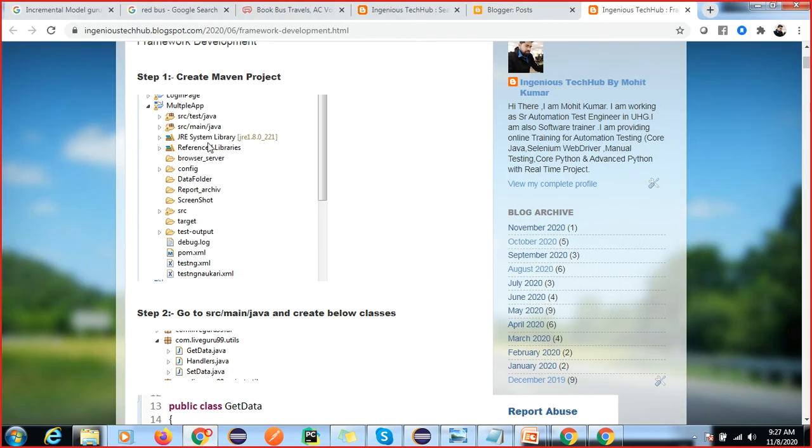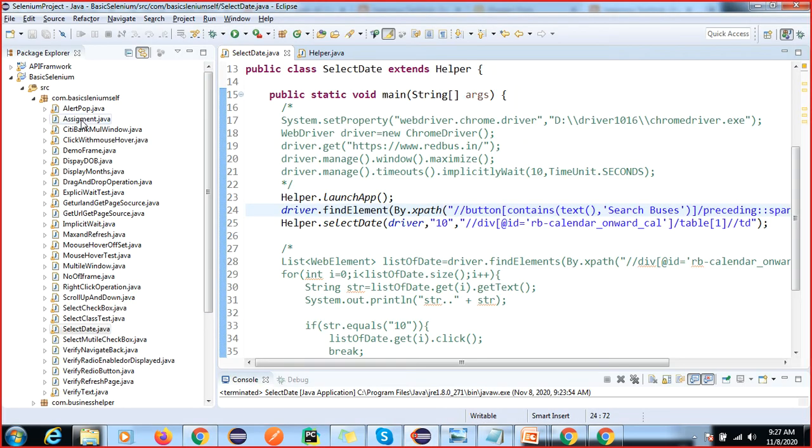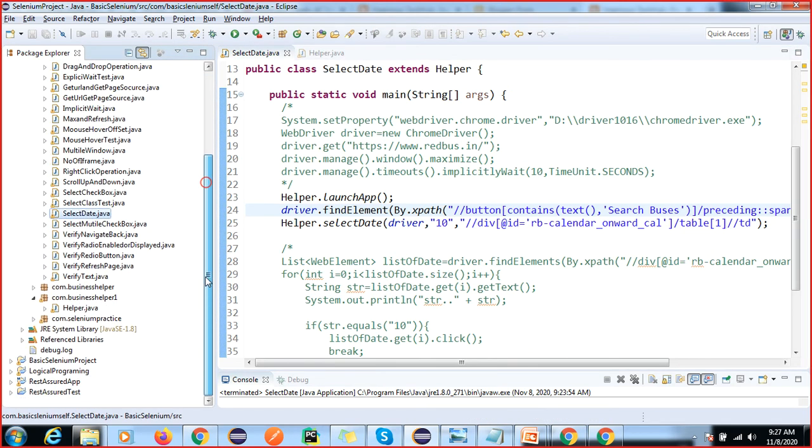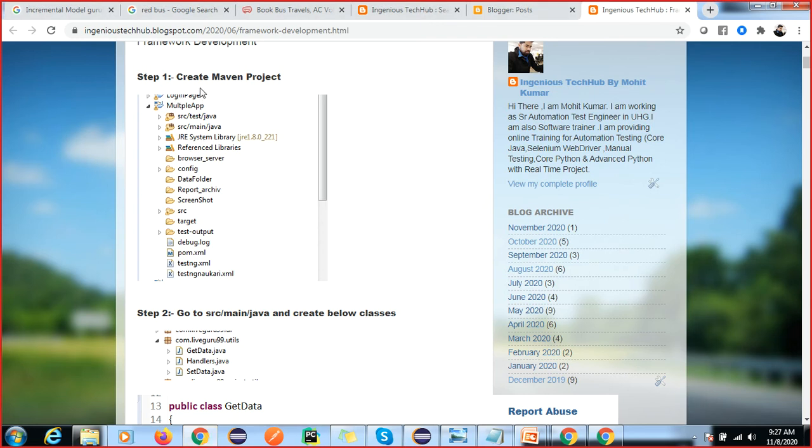Here I am going to tell you the simple structure. In real time we do not use this simple project; we use what is called a Maven project. Maven is one type of project structure. What is the use of Maven? I just want to give you an overview, so that you are able to explain it if someone asks you.